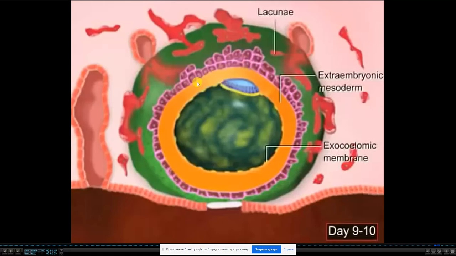They form a mesh structure of cells, like a jam-like structure around this embryo, and they fill all the space between the yolk sac and cytotrophoblast. This is known as the extraembryonic mesoderm. Don't confuse it with intraembryonic mesoderm, which in future forms some organs. This extraembryonic mesoderm is responsible also for formation of the placenta, first of all. Placenta will be formed from extraembryonic mesoderm,